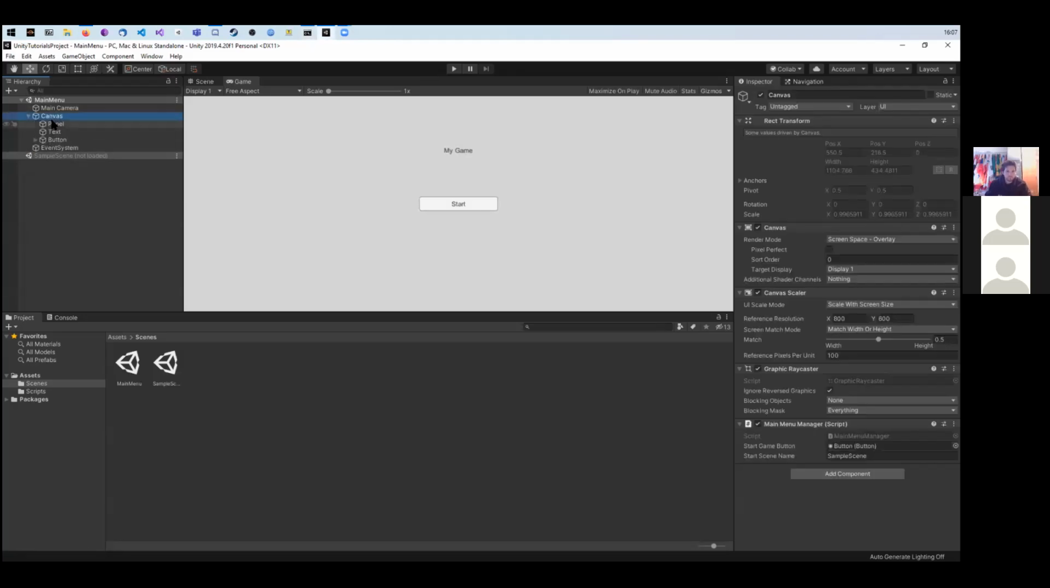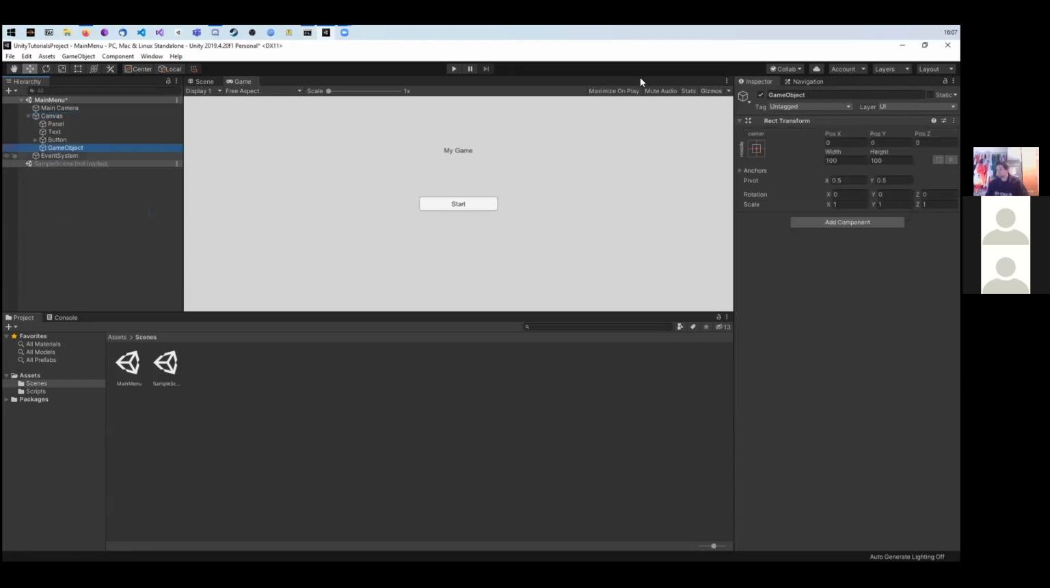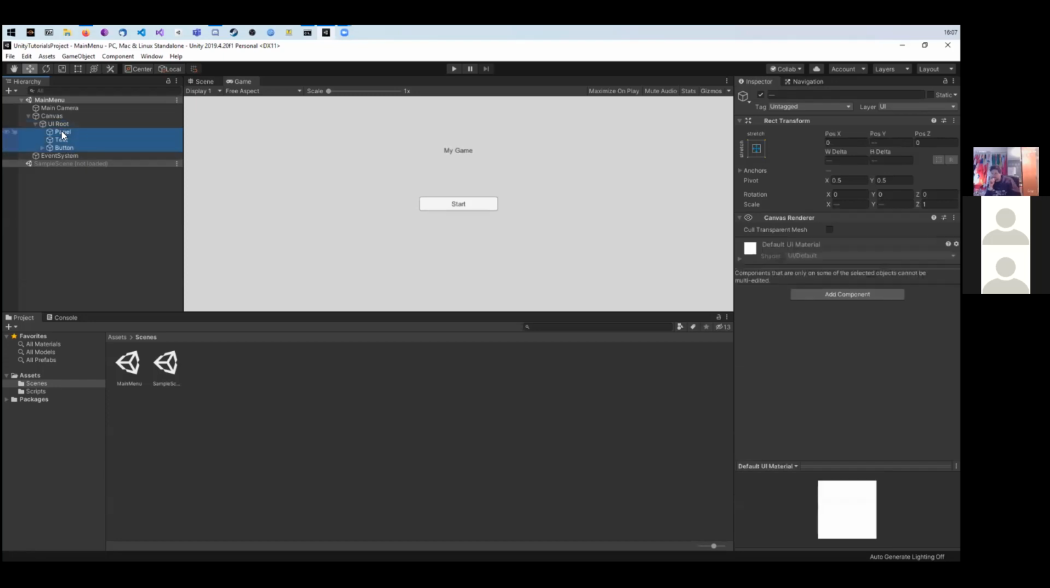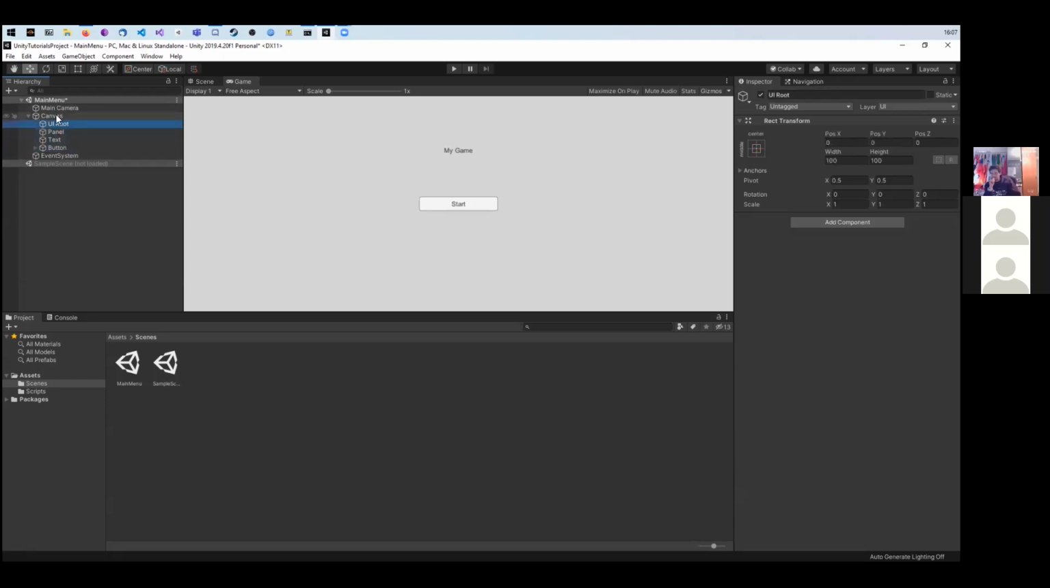In your main menu, under Canvas, we used to have a UI root object. So we used to have a little object here called UI root, and button, text, and panel were parented under it. In this case, the panel doesn't scale properly, especially not in the actual build of the final game. So to fix that, all that's necessary is to reparent all of the UI elements to the canvas